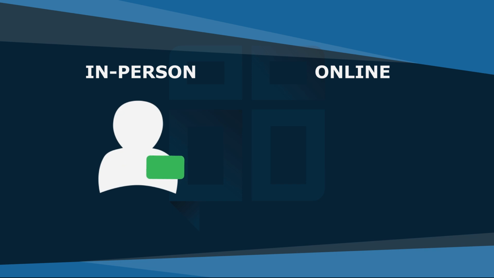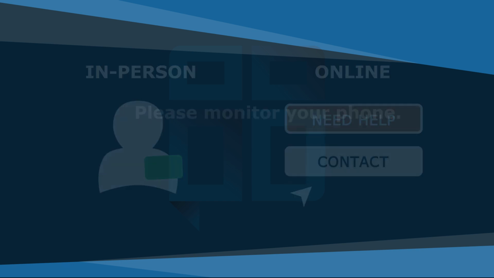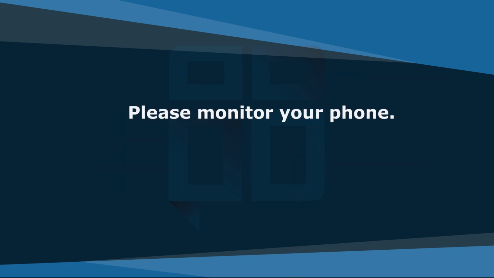If you need help at any point, you can contact tournament administration. At in-person tournaments, look for a communications team member near your room. They'll have a green name tag insert. At online tournaments, change the room status to Need Help, or use the Contact Tournament Administration button. Although you won't use your phone during the round, be sure to monitor it for any contact from tournament representatives. You are not expected to know the rules. A parent head judge will be assigned to every round, and they will know the rules.